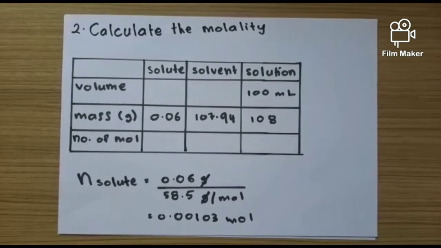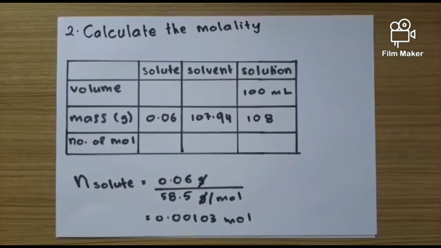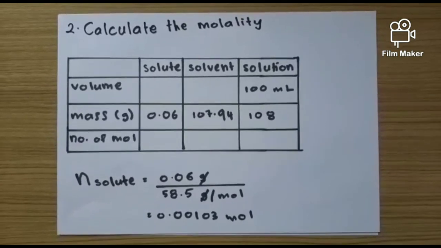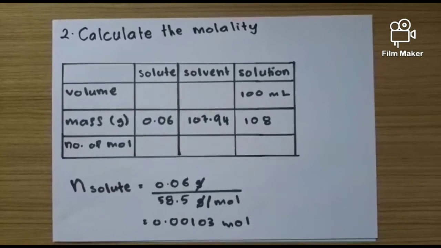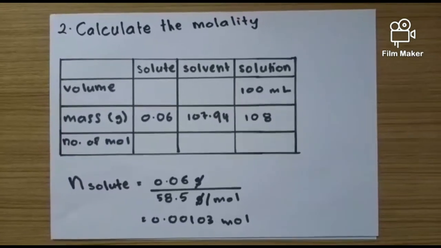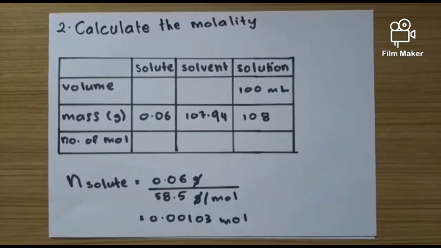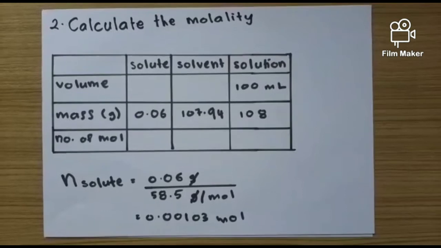Okay, so I would like to show you how to calculate the molality. Our group choose salt as our solute. So first we need to find the mole of solute. To do that, we need to divide the mass of solute, which is 0.06 gram, with molar mass of sodium chloride, which is 58.5 gram per mole, and then we will get the answer